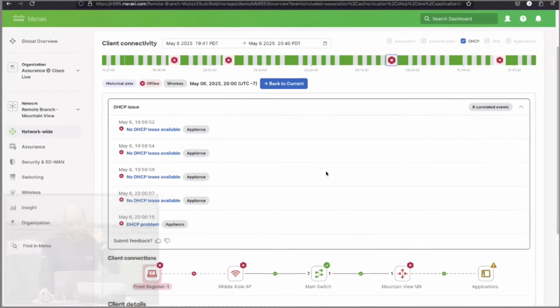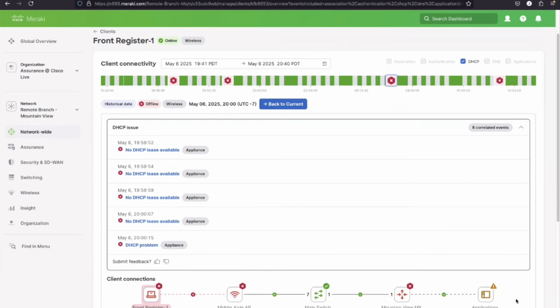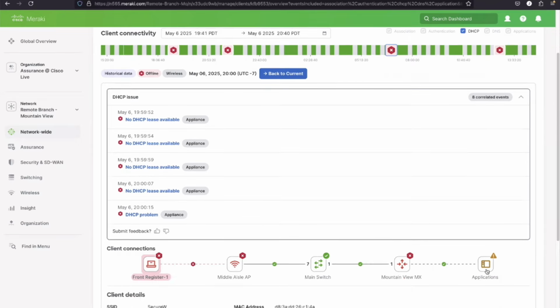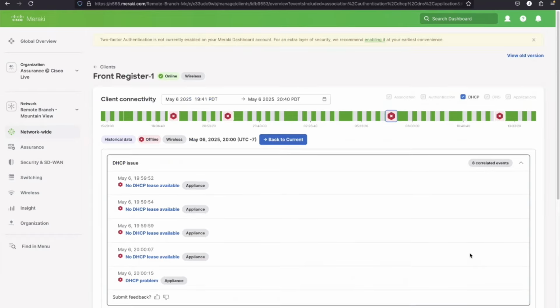Last point, really quickly, it's applications. A lot of you usually get tickets from users saying they cannot open an application, and it's usually not the network. It's the application having an outage. So thanks to ThousandEyes, we're going to bring that data in, and if there's an outage for Office, we're going to show that here, and that will be an event on the timeline. So you'll click on it, and you can see, oh, there's an outage for Office. All my LAN is good. I don't need to do anything else. It's just a problem on the application provider. You said that was a separate application bringing in that? Yes, this is thanks to the integration we launched with ThousandEyes last year. So if the integration is active, you're going to see that icon here. All right,